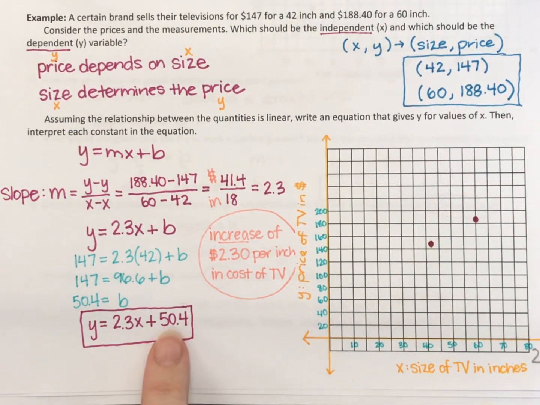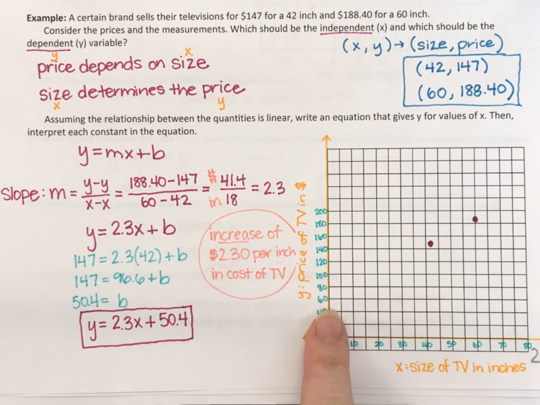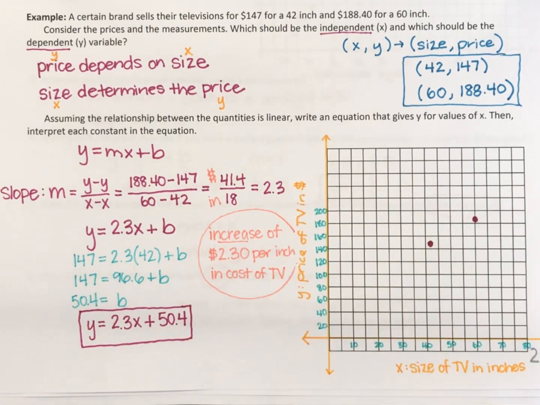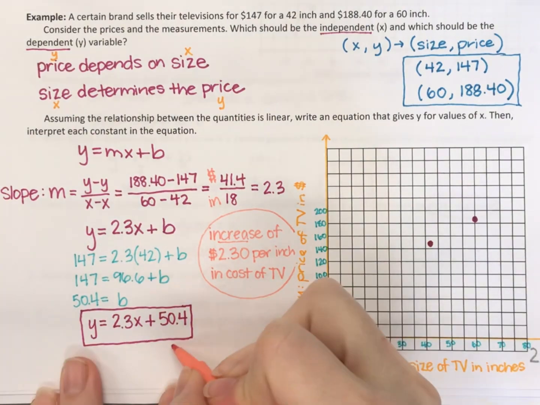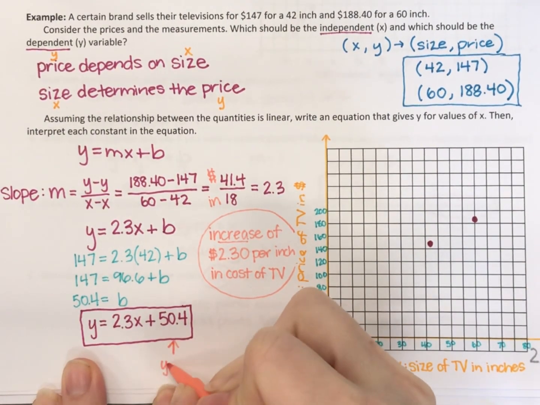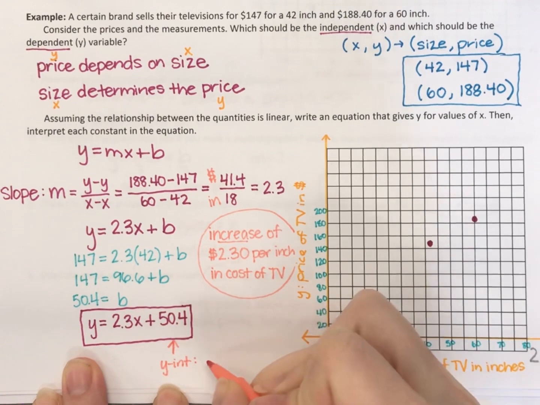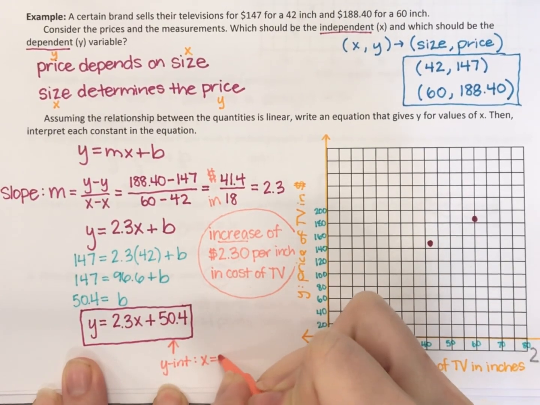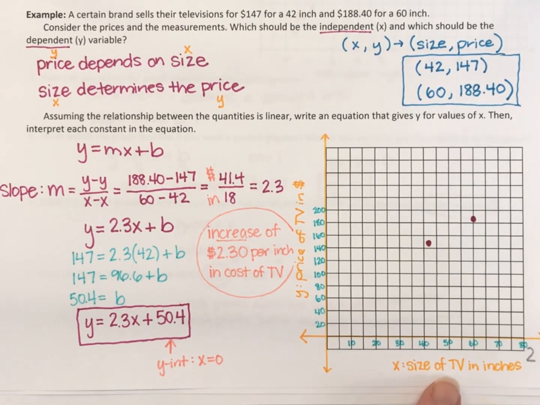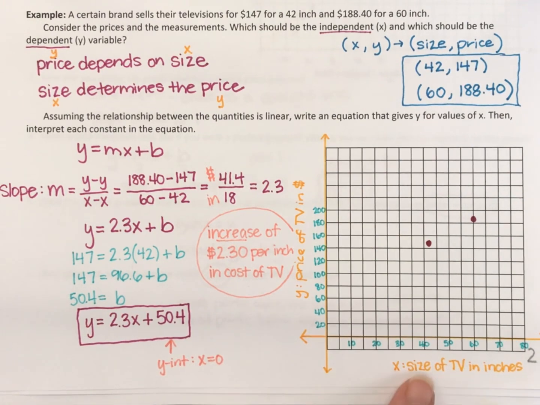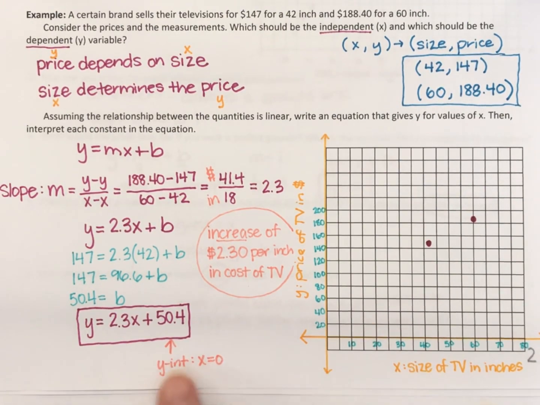And what does that b value stand for? Again, it's going to help to think about, okay, where is it on the graph? It's a y value, right? It's the y-intercept. Y values are all dollars, so it definitely has something to do with $50.40. And then do you remember that fact that y-intercepts always have an x value equal to 0? That can be a huge clue too, because our x value stands for the size of the TV. So we could say when the size of the TV is 0 inches, the TV will cost